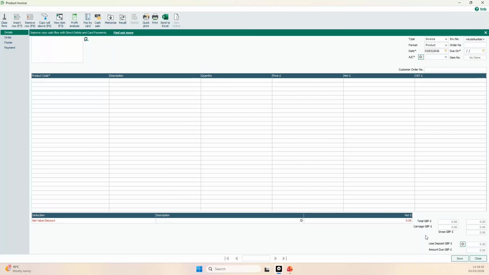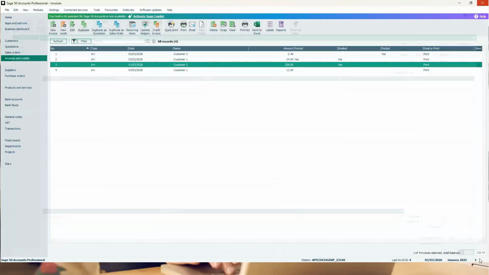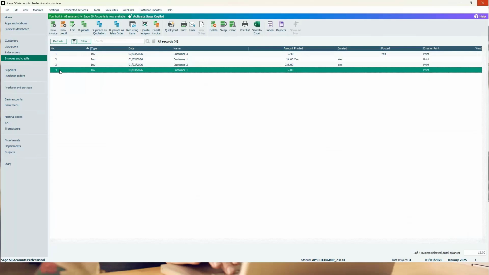And then it just gives me a blank product invoice window again. We'll come out of here. We can see it's created that line here. So there's my invoice there. Okay. I haven't emailed anything out and haven't posted anything to the ledgers because I want to show you that first of all. So if we go and have a look at customer number 1